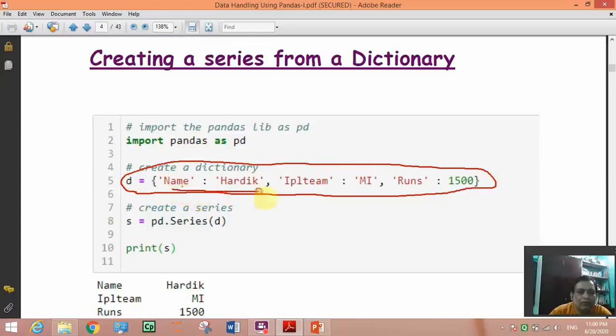Name is key, Hardik is value. Team is mi, here another pair, here another pair. In a pair, the first one is called key and the second one is called value.